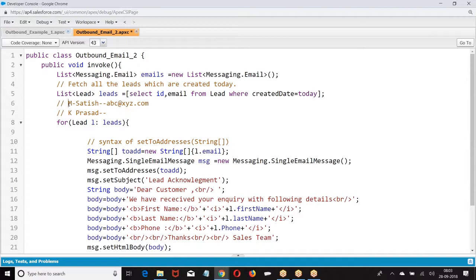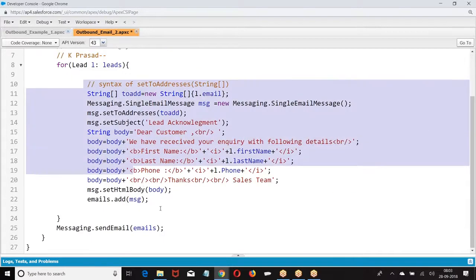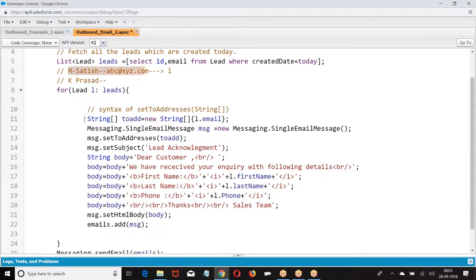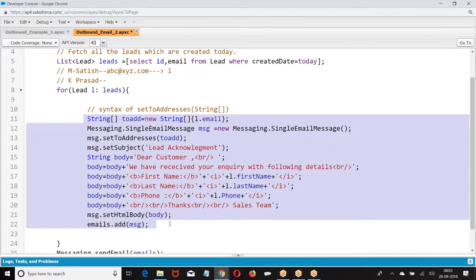Now look at this. Now we have a loop. What is L? This is L. Now L dot email. What is L dot email? abc@xyz. That will be the to address. Then this message is created, closed. I have taken this record as L, and I created this message. One message is created, done.